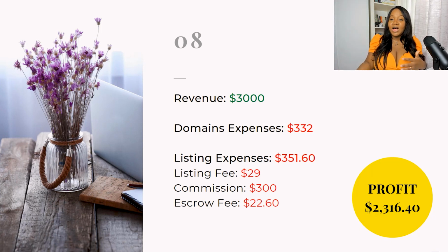However, there is a cost to using this service, and that fee is $22.60. And that fee goes, actually, there's a fee to the seller, which is myself. So in terms of listing the domain and putting it up for sale, the total expenses there was $351.60. So in total, my revenue was $3,000, however, I still had domain expenses of $332 from purchasing, hosting,